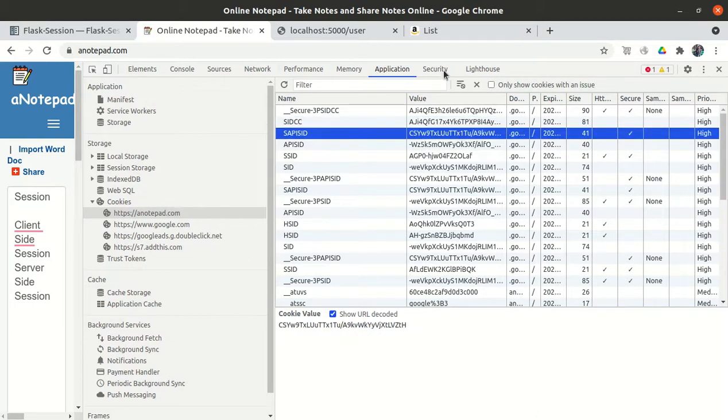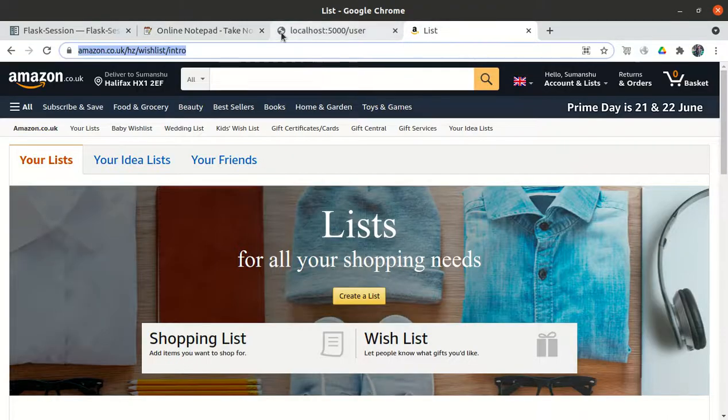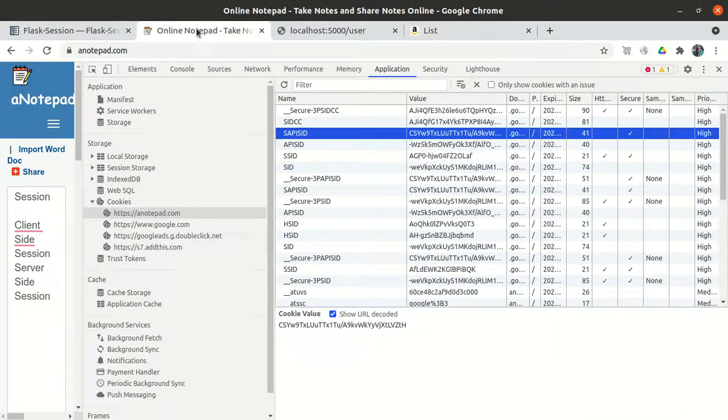If we hit another request, it will first read the cookies, and if it finds the cookies, it will verify the data from the database and display the other information for that user only. So how do we store the data in the cookie? This is storing the information within the browser. It is called the client side session.